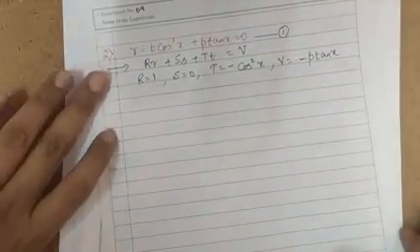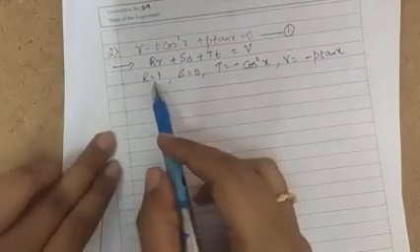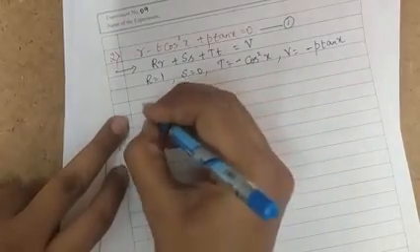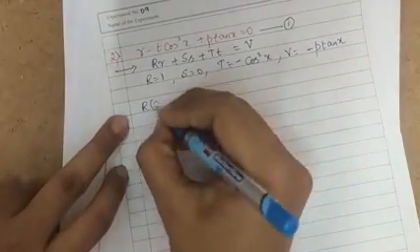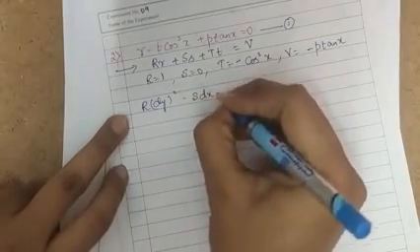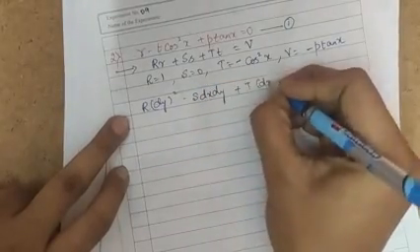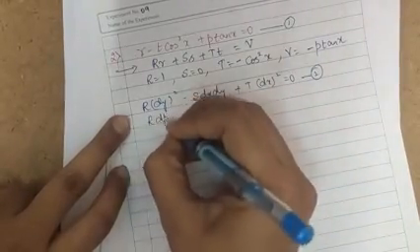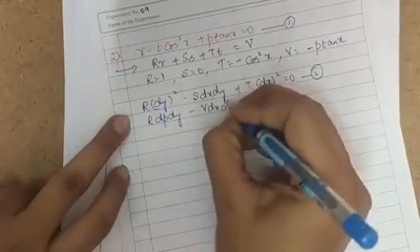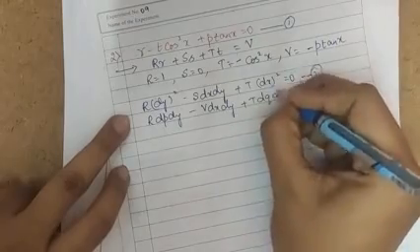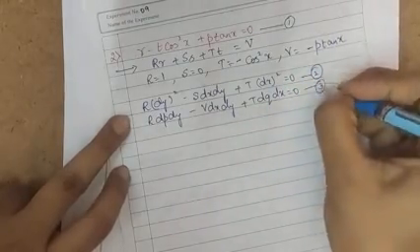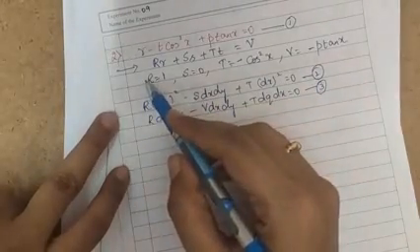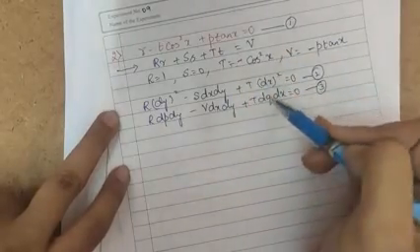Now what I have to do? To the Monge's subsidiary equations, I have to substitute the values of R, S, T as well as V. So let's substitute that. R into dy whole square minus S into dx dy plus T into dx whole square is equal to 0. This is equation number 2. R dp dy minus V dx dy plus T dq dx is equal to 0. This is my equation 3. These two are called Monge's subsidiary equations. So I have to substitute my R, S, T and V in these two equations.